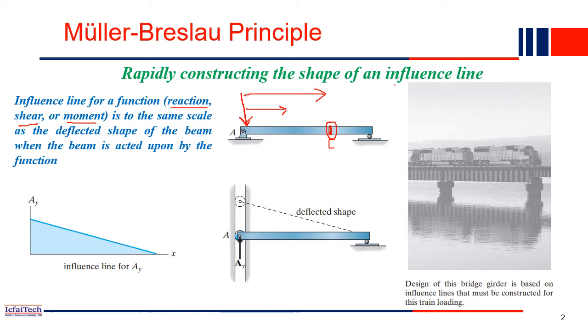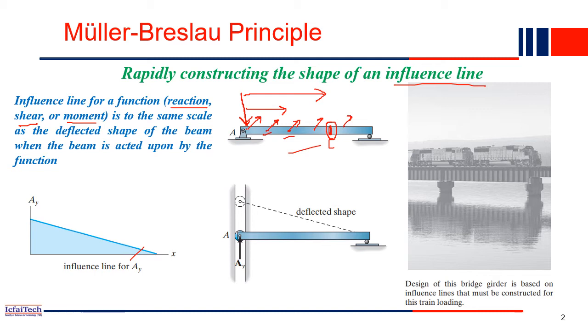So influence line diagram is drawn at a particular point in a beam. So one influence line diagram will be there for each point, right? So for this point there will be one, for this point there will be one influence line diagram. So for this point there will be another influence line diagram. For this point another influence line diagram, like that. For multiple locations, we can find out what is the influence line diagram. So one diagram each you will get for different locations, right?